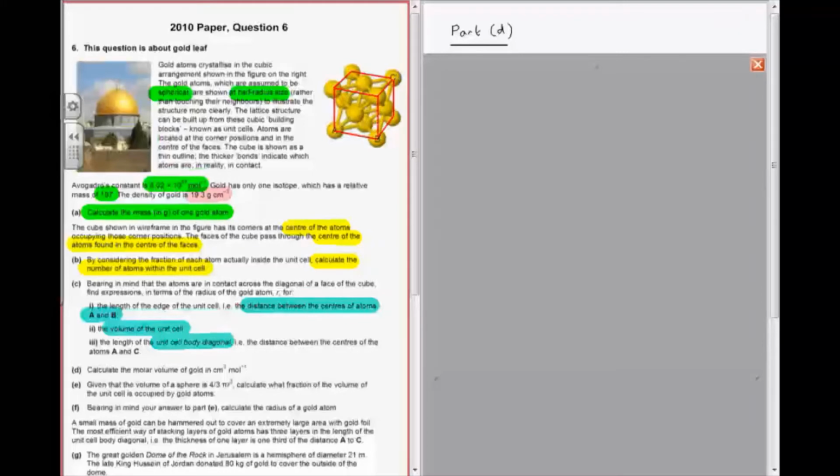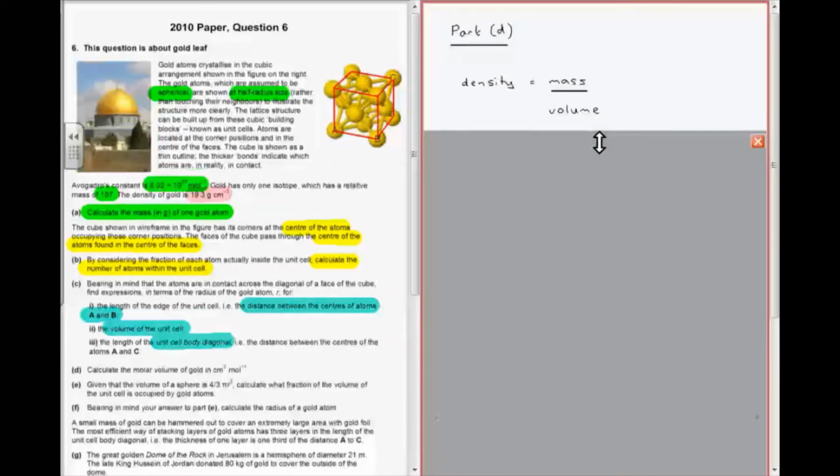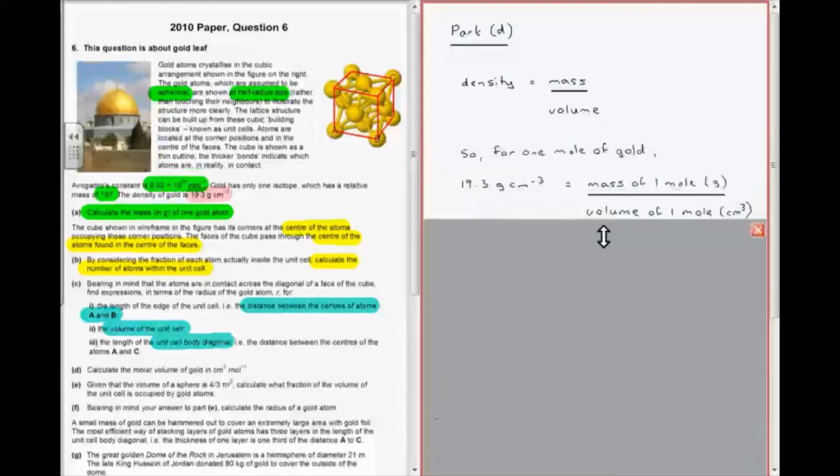The density of a substance is equal to the mass of that substance divided by its volume. So if we apply that equation to 1 mole of gold, we can say that 19.3 grams per centimeters cubed is equal to the mass of 1 mole divided by the volume of 1 mole, or gold's molar volume. Since we know the mass of 1 mole of gold to be 197 grams per mole, we can rearrange the